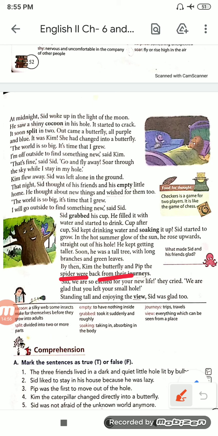Sid, we are so excited for your new life. Sid was very excited. And the other friends were telling Sid, now we are also very excited to see you outside because you have grown into such a big tree. We are glad that you left your small hole. They are saying that they are so happy that Sid came out of that hole, and so happy that he has grown into a tall tree,